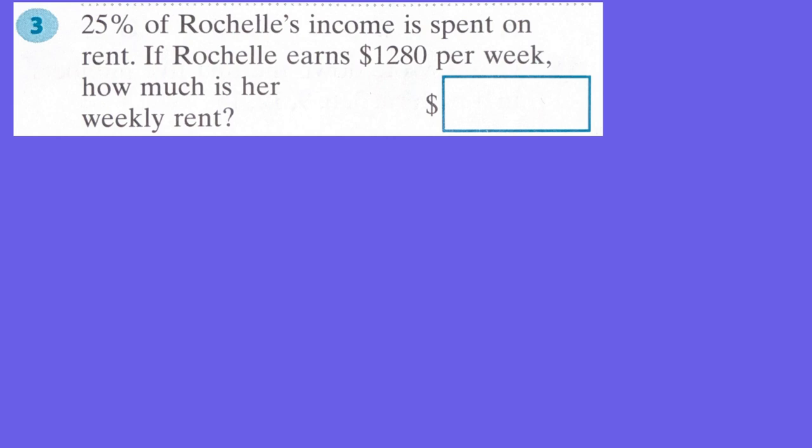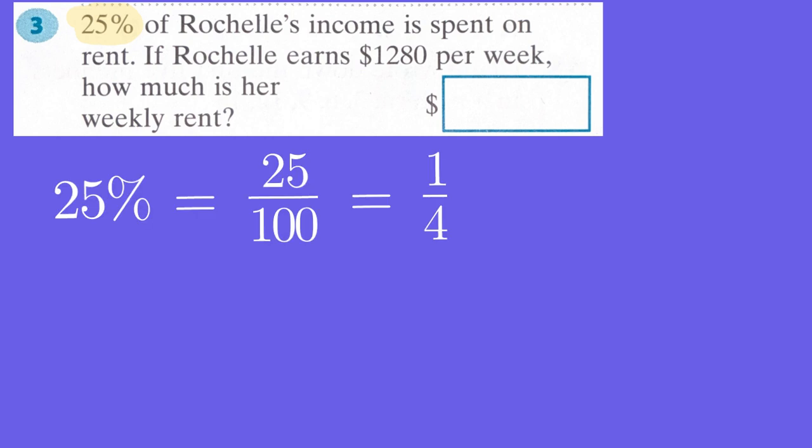Okay, this question states that 25% of Rochelle's income is spent on rent. So this problem deals with percentages. Now, really, this question is very easy if you remember this. 25% is the same thing as saying 25 over 100, which cancels down to 1 over 4, which is a quarter. So all you're wanting to do is to find out what is a quarter of